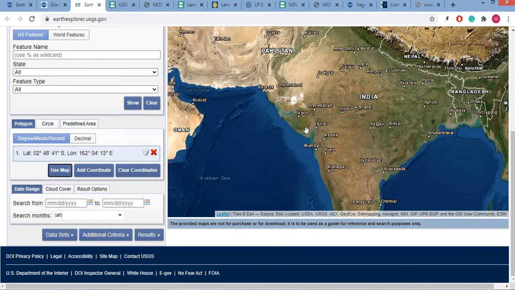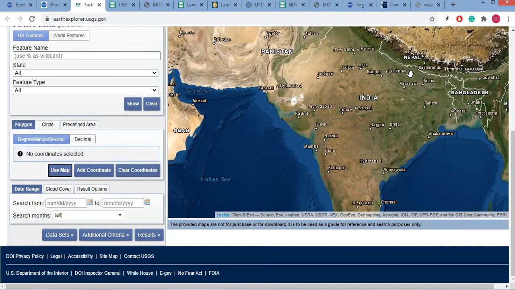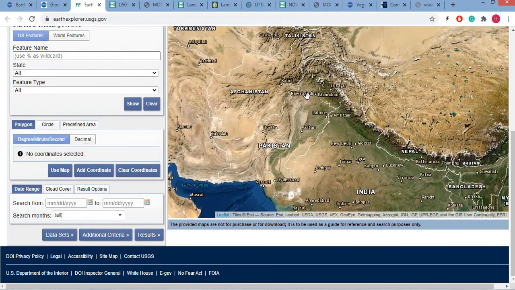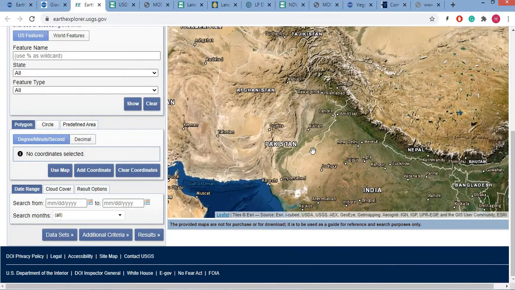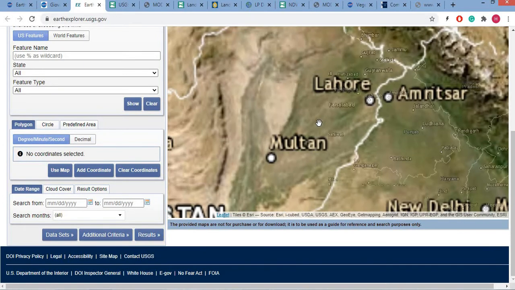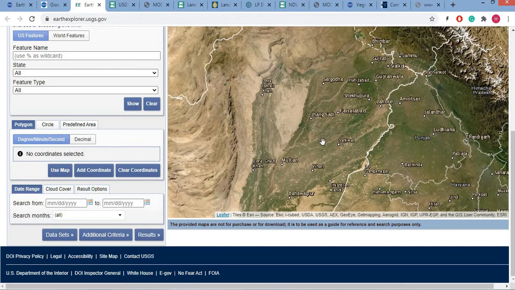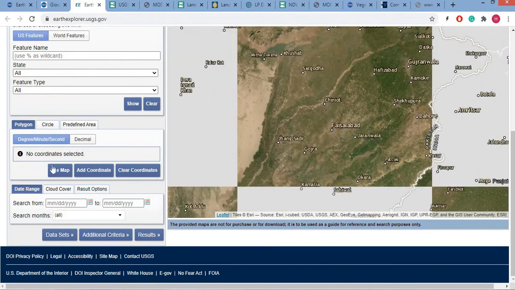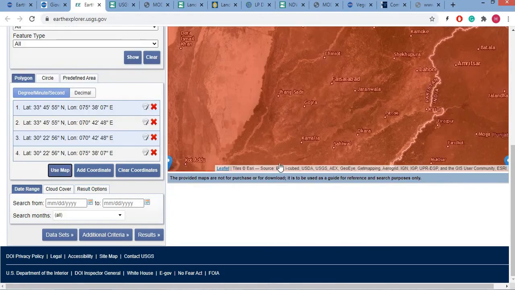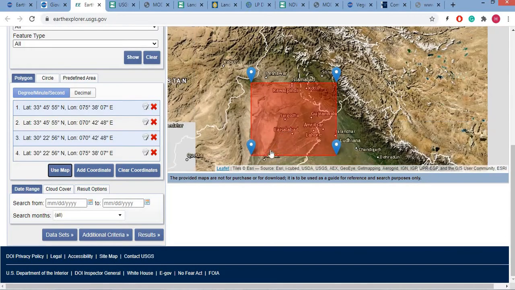For example, we want the data. Here we have our cities, like here we have Pakistan, India. In Pakistan we go to Multan, Lahore, or this one, our city Faisalabad, or any area. Just use map. So it will select the window, the screen window.